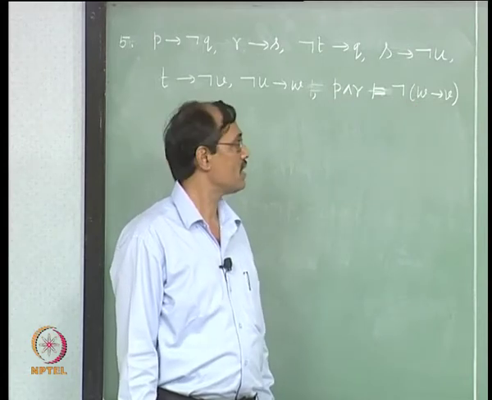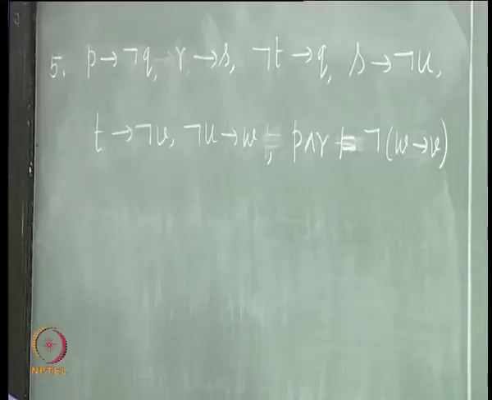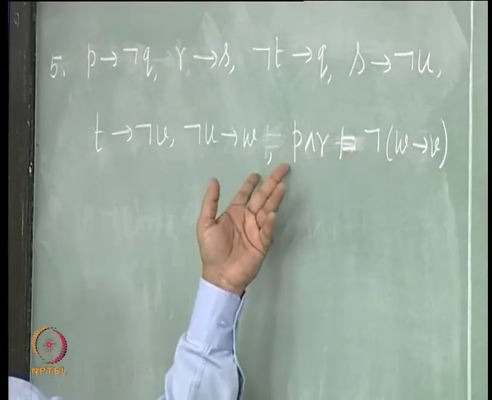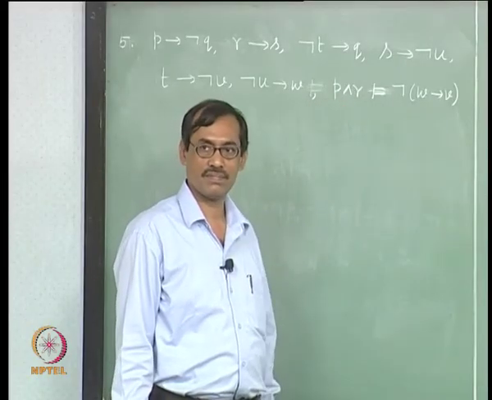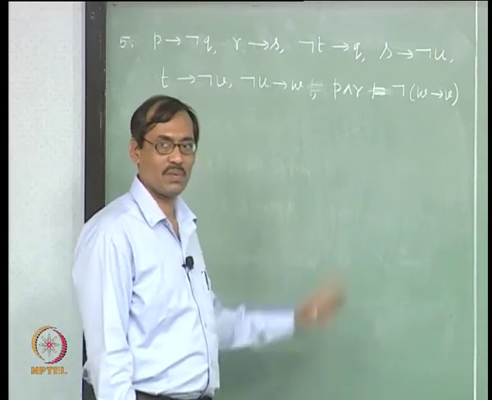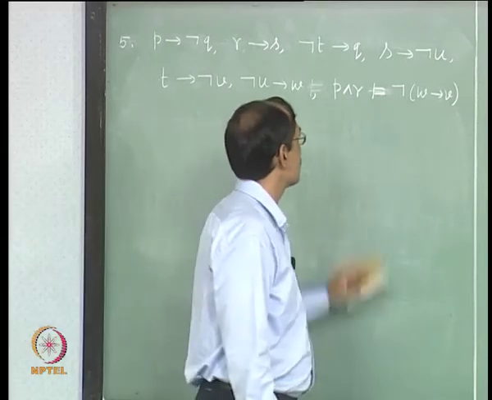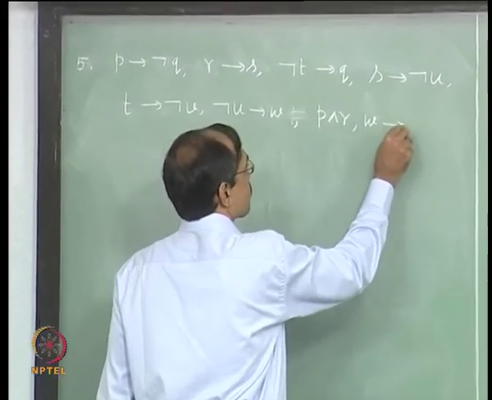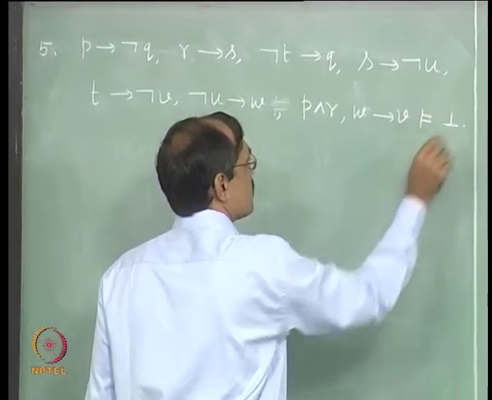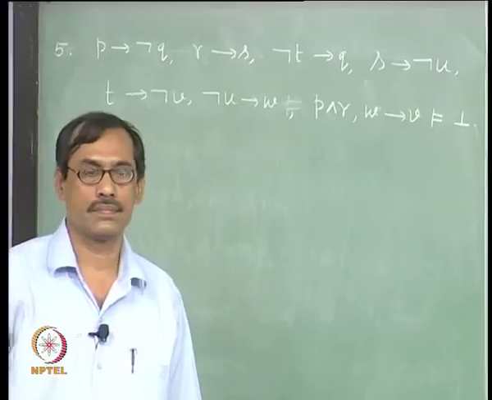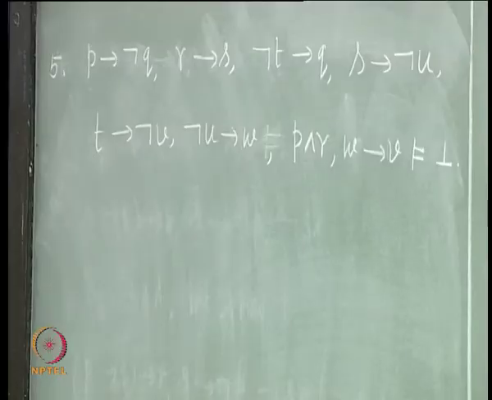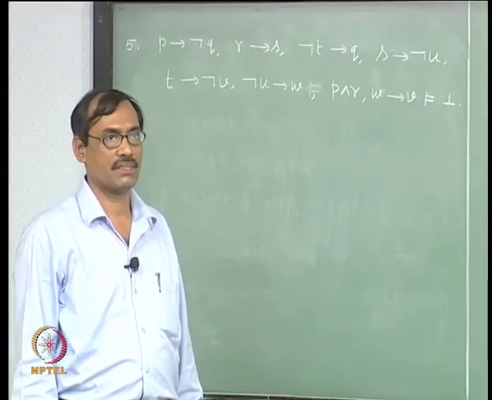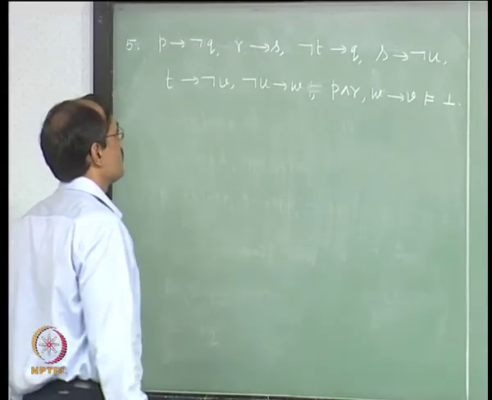Or there is another way, you can use reductio ad absurdum. So W implies V, once taken as a premise, will give you bottom. That looks easier here, right. You do not have to do so many calculations. Let us take that view. So we add W implies V as a premise and try for reaching bottom. So just one application of deduction theorem, one application of reduction ad absurdum. Now we can think where to go.